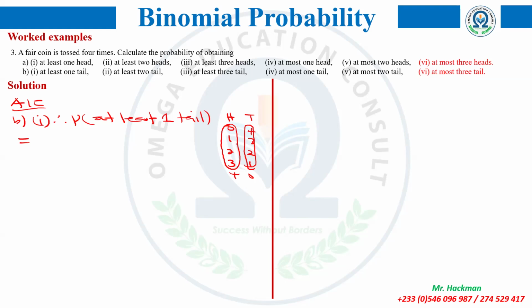You agree, right? In terms of the success, it will be P at most 3 heads. I will give you a certain advice very soon. Okay, so are you with me? I think we've now gone back to our comfort zone, what we were dealing with. So it means this will be equal to